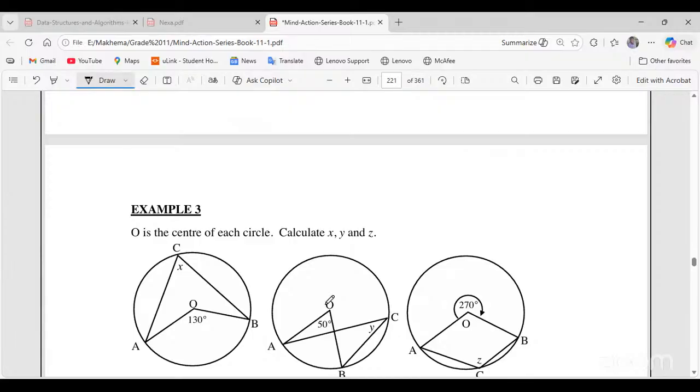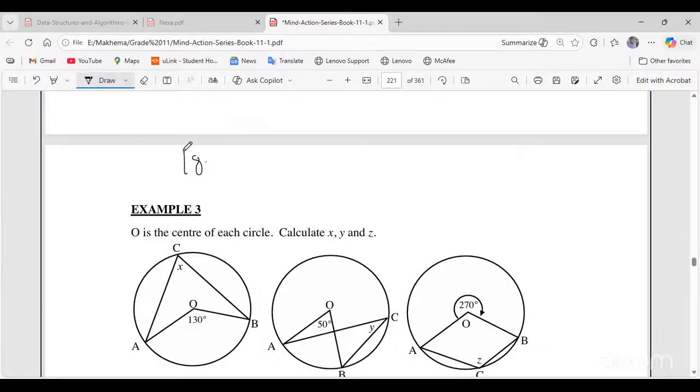We have these examples here. O is the center of each circle. Calculate the value of the unknown letters x, y, and z. Okay, this is the angle at the center. That is the angle at the circumference. Now, this angle is 2 times that one at the circumference. Therefore,